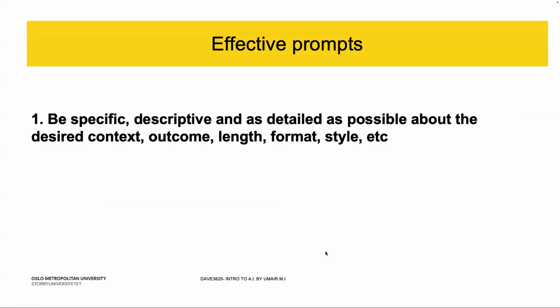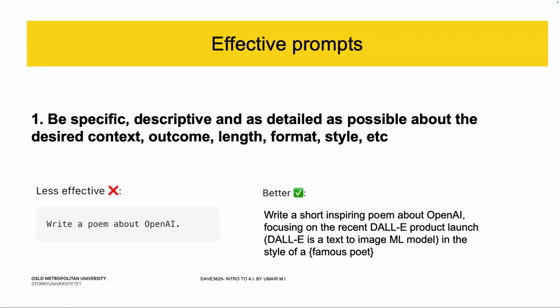We discussed a few examples of how you can get effective prompts. You have two examples. You can ask a direct question to the model, like, write a poem on OpenAI. You will get some sort of result, but it's more effective if you give more contextual information about what kind of poem you want and what kind of desired output you also want. The more information you have in the context, the better it is for the model to give you a reply.